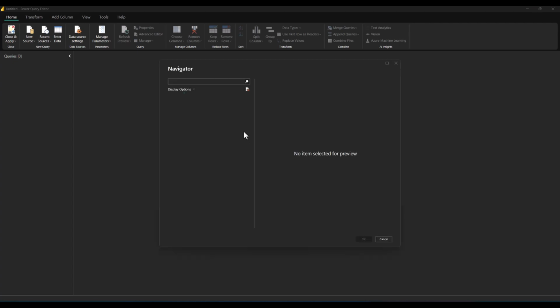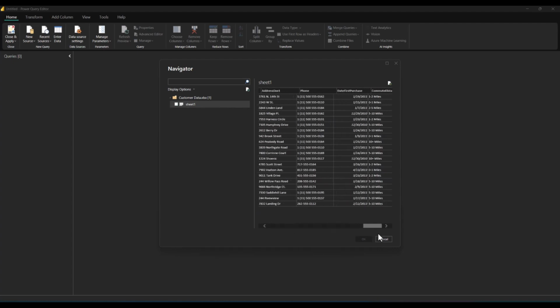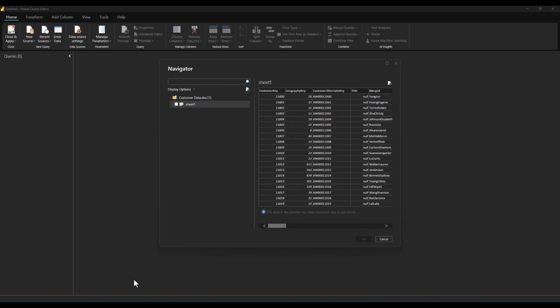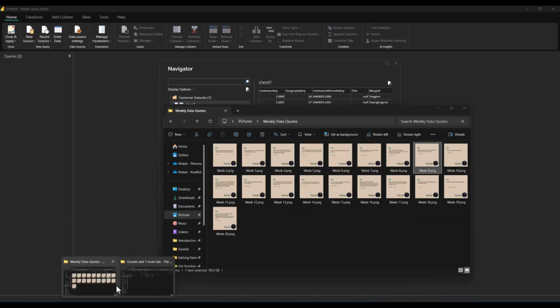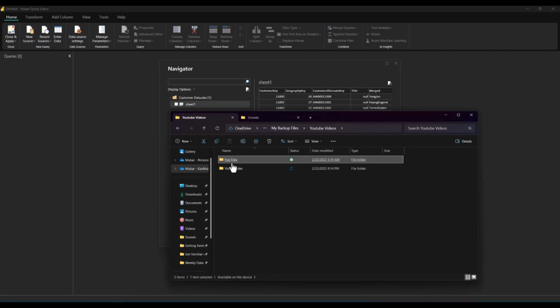It is establishing a connection. What this means is it is verifying from your local computer where the file is and creating the connection between your Power Query here and that file on your local PC. So yeah, this one you can preview. When you select this, it will preview how the data looks. Is this how the data looks? We can confirm by opening the exact file